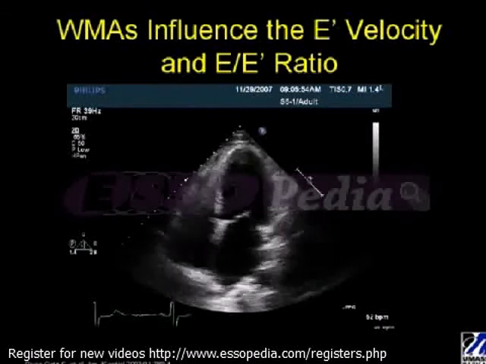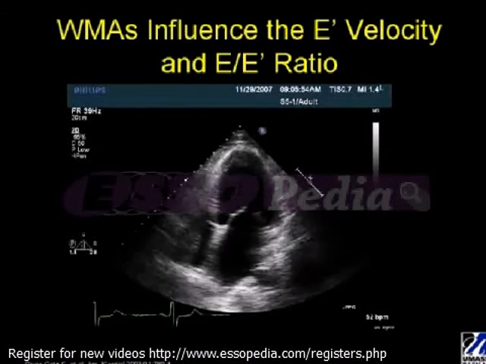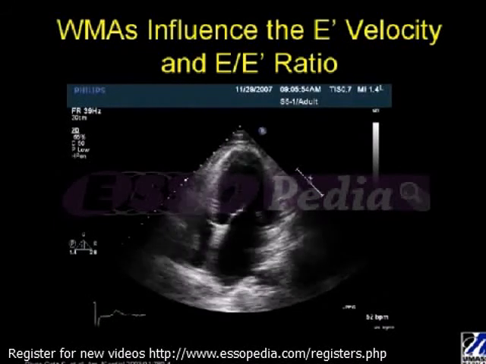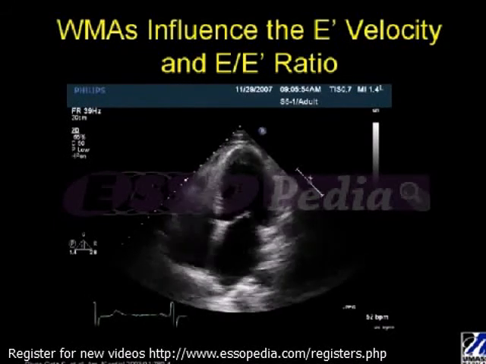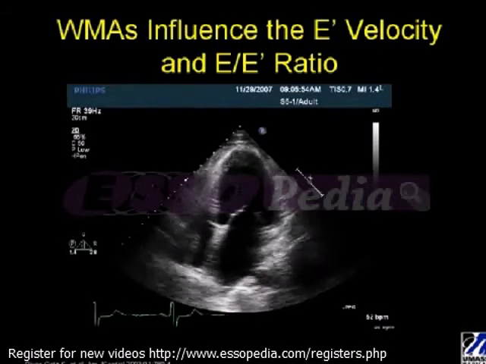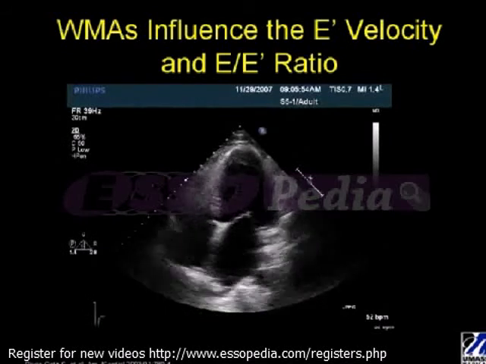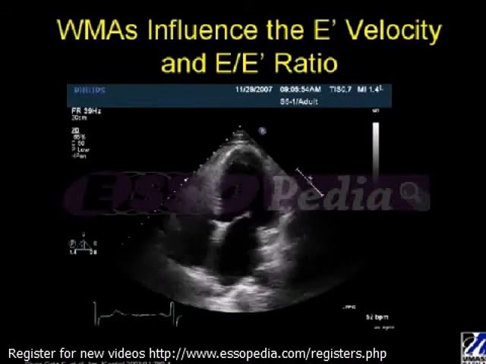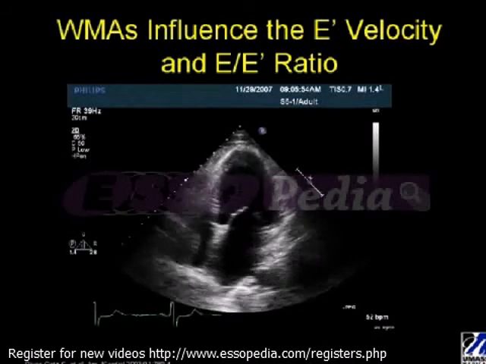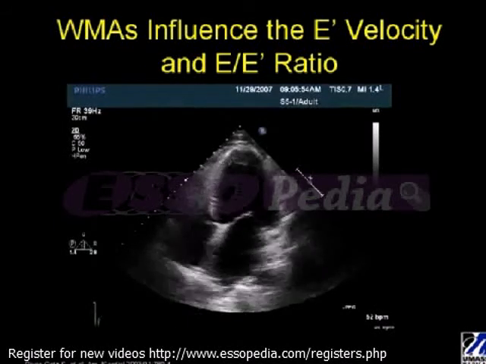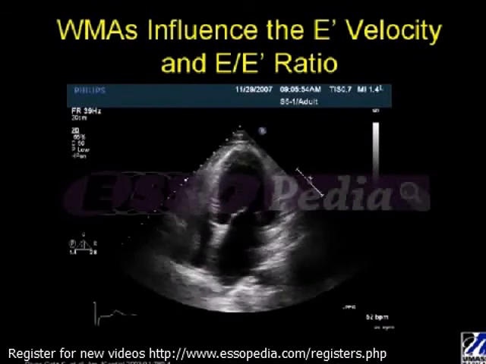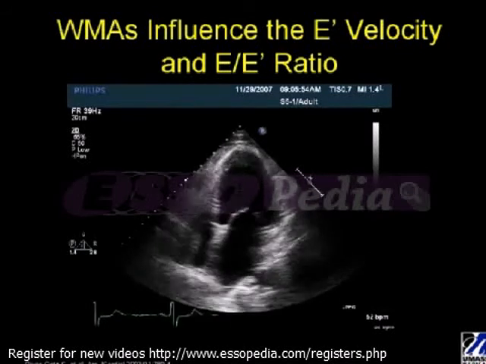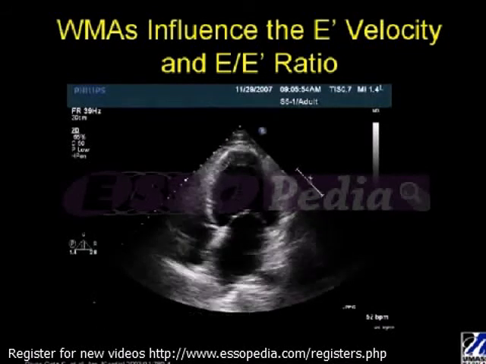So, how do wall motion abnormalities influence the E-to-E prime ratio? Previously, Wang and colleagues evaluated 104 patients, half of which had an EF greater than 50%. These patients underwent right-sided cardiac catheterization in the catheterization laboratory or in the ICU. They concluded that because of the heterogeneity in regional function that is present in patients with reduced EF and regional wall motion abnormalities, if you average both the septal and lateral E prime velocity, this may best represent pulmonary capillary wedge pressure. Now, in addition, they found that in patients with normal EF, the E-to-E prime ratio using the lateral E prime had the best correlation with